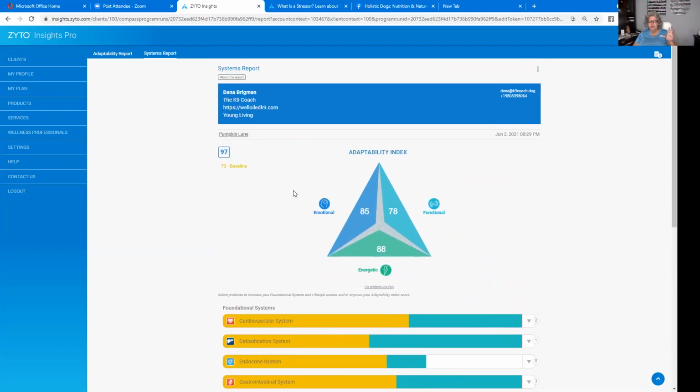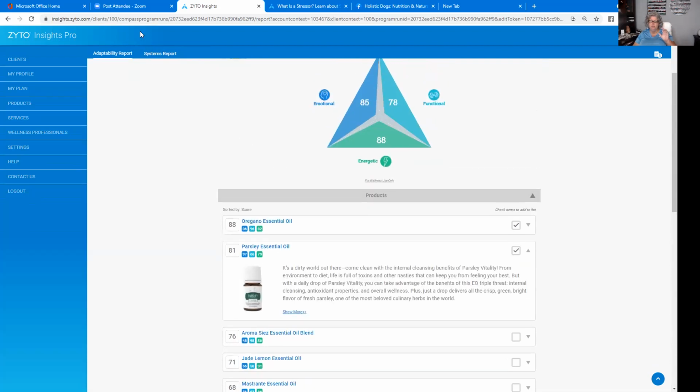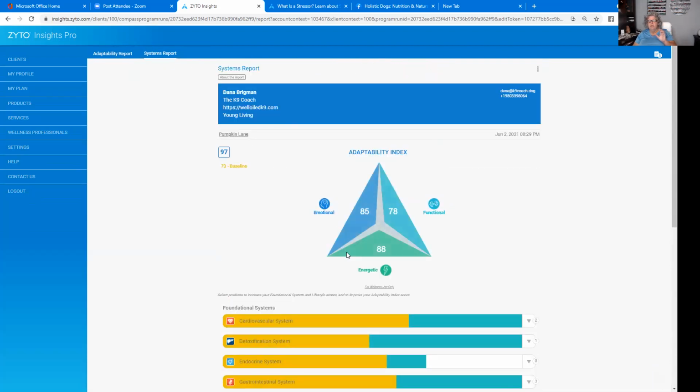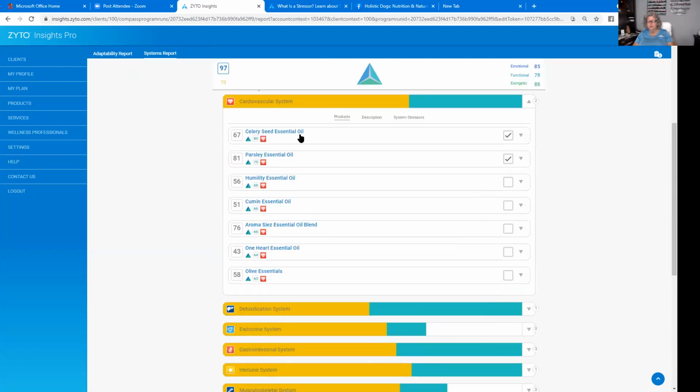So I turned on, going back over here, I turned on 3 recommended products. I clicked on them and said, yes, I'm going to use those. Okay. The yellow was what the report started with. This teal line now is a result of having chosen those products. So by choosing, you see this number 2 here, it's going to pull forward the 2 products that I chose on that first screen. And that's going to help address this system of the body, moving it to almost, or